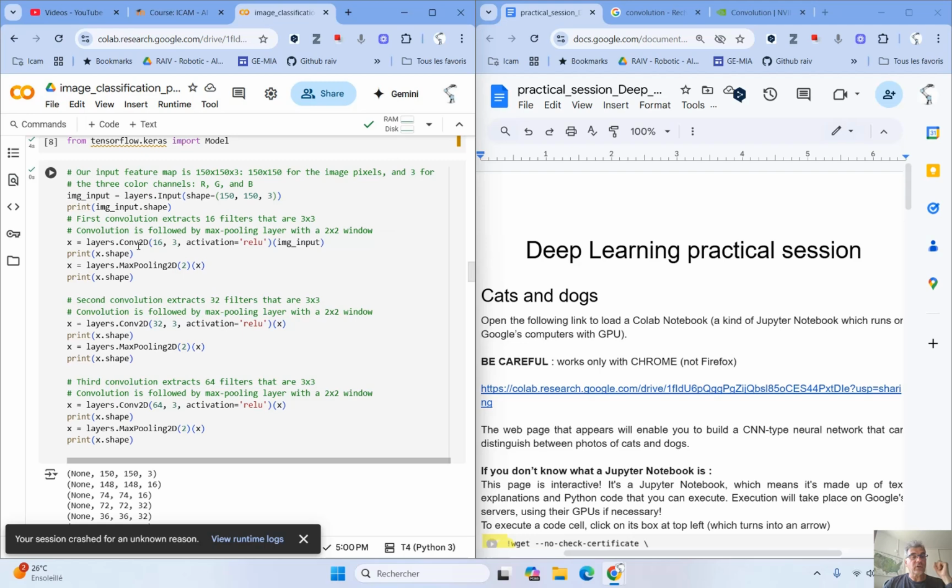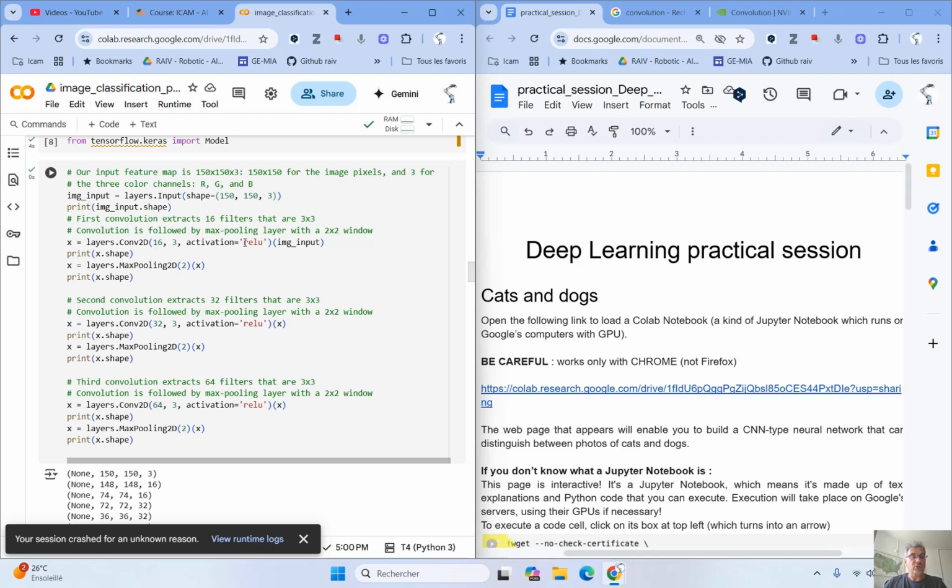Now the first layer is a convolutional 2D layer, which is described by 16 kernels, and each kernel is a 3 by 3 value. So we have 9 values to compute during the training. 9 values for each kernel, and we have 16 kernels to compute.